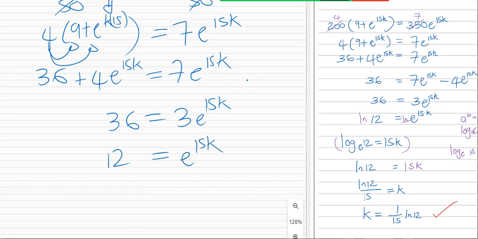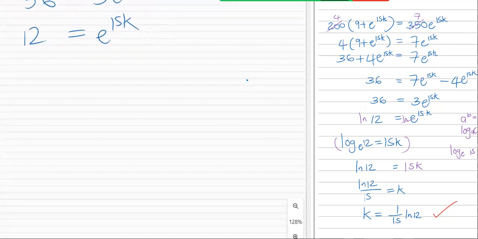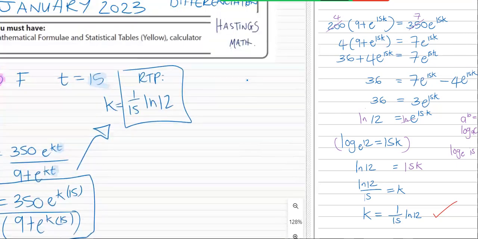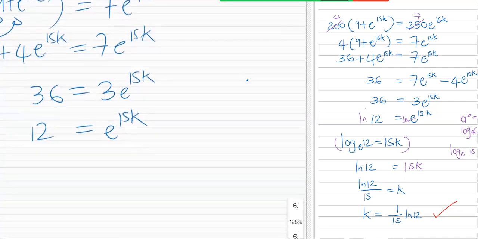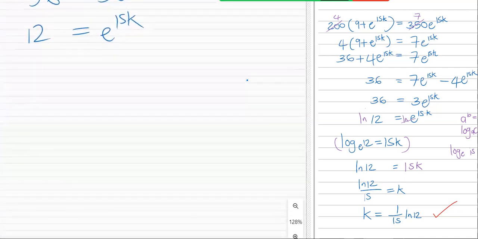We wanted a 12 because we obviously want to go. So now there's a few ways to look at this. We're aiming for 1/15 ln 12. So we are very, very close. One way to look at this is as a